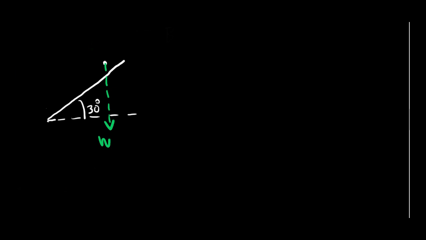It means perpendicular, so along the plane means parallel to the plane, right? So if that's the plane there in white, this one here, then along the plane is this line. That line is along the plane. So in a way they're first asking us to find if this is the real force that's working on the object, this is the real weight, then there's a component of that that's going to make it want to go down the slope, right? That's why when you're on a slope you go down. There's a part of your weight that acts along the slope, but it's not all of the weight that acts along the slope. For example,